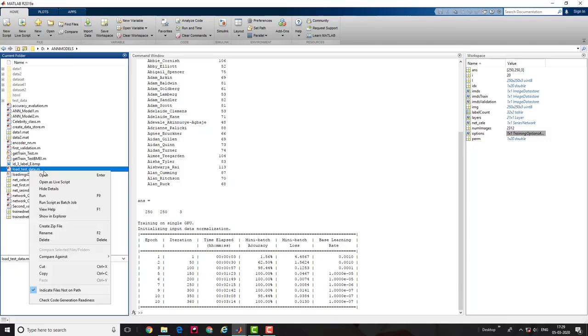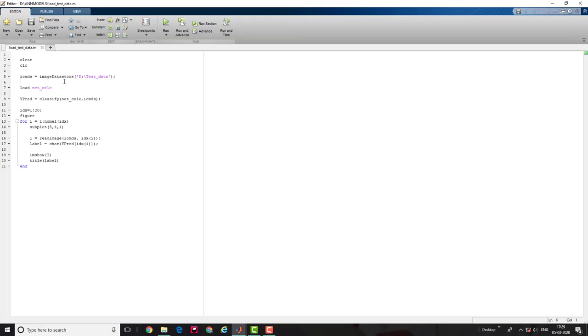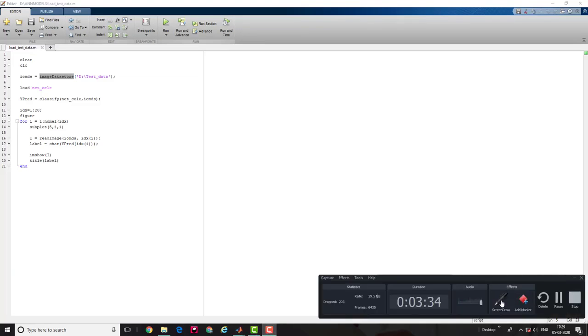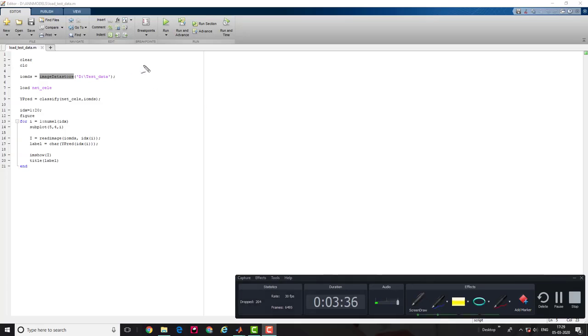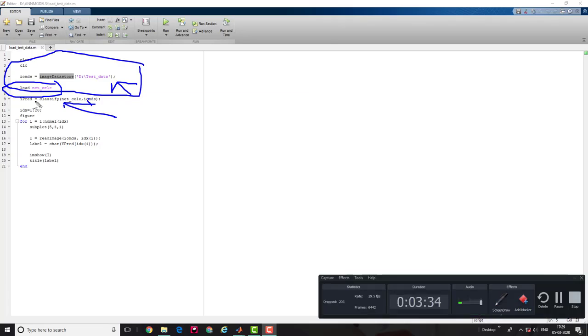For doing this, I have already created another script. It's really simple. I'm again using a datastore, which I explained in the beginning section of the video. The datastore will load all the images from test data. Thereafter, I classify the images using the loaded pre-trained model, with the datastore containing the test images.